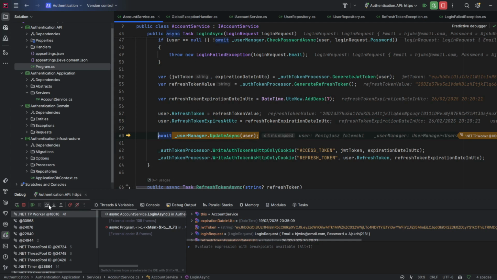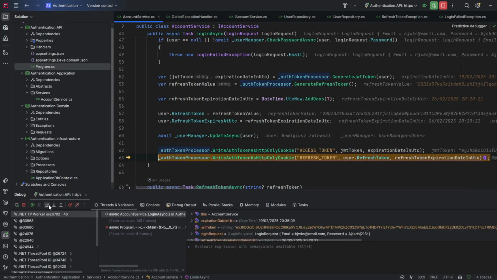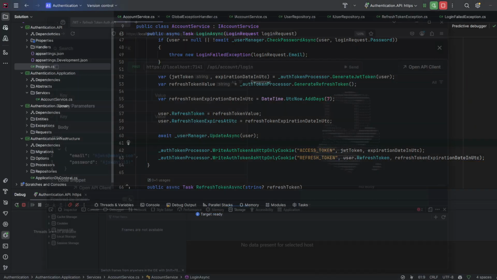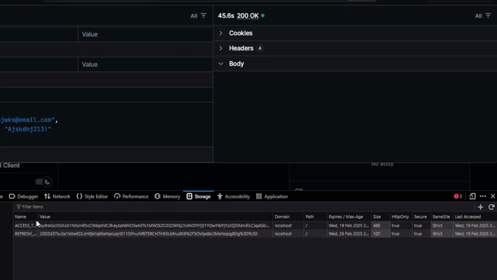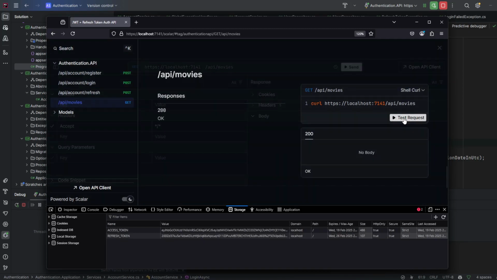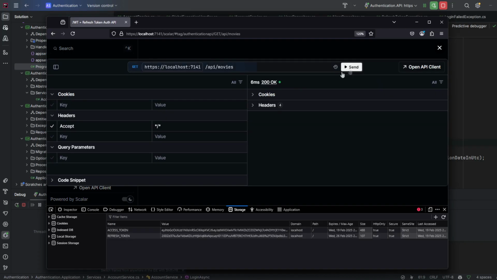The user will be updated and we will write those two values, so the access token and the refresh token, as HTTP only cookies. And now, once we look in the storage itself, we see that we have the access token and the refresh token in our browser. So now, when I send the request once again, I'm getting 200 OK response. So it means that we were properly authorized in terms of getting the result out of this